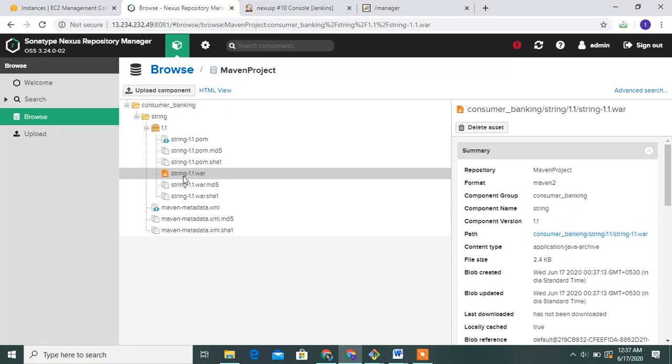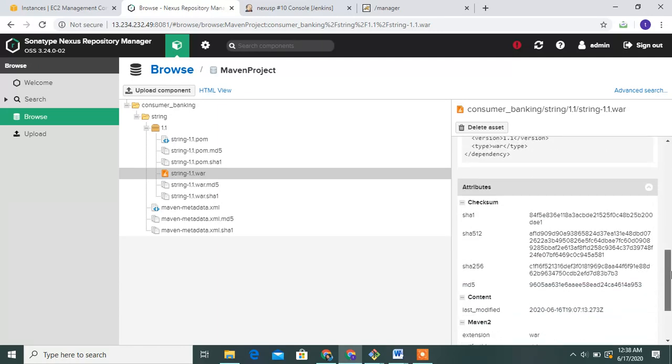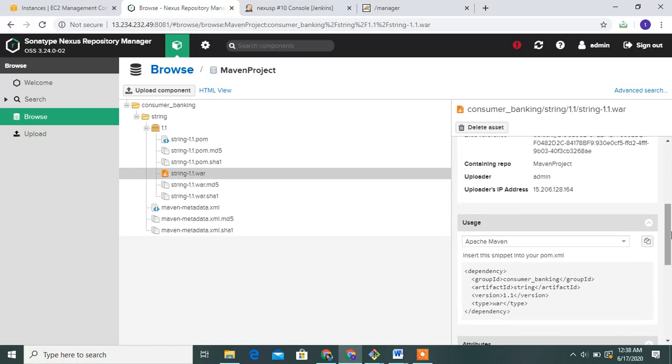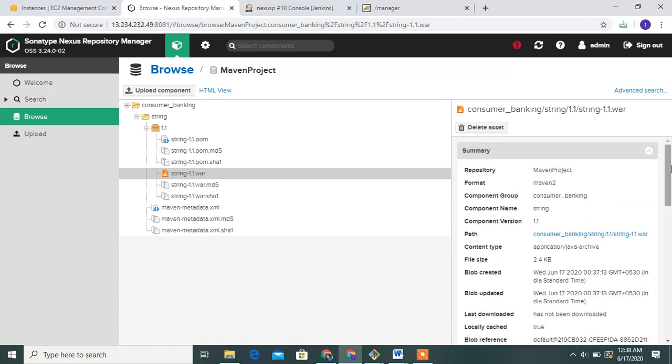See this, guys, this is a WAR file. You can definitely store this from Jenkins, and also Docker and Ansible can definitely deploy the WAR files in the Nexus repository. This is the WAR file, see this WAR file path, copy this path, and use it anywhere, in any project. Yes, guys, this is how to deploy the WAR file from Jenkins to Nexus.